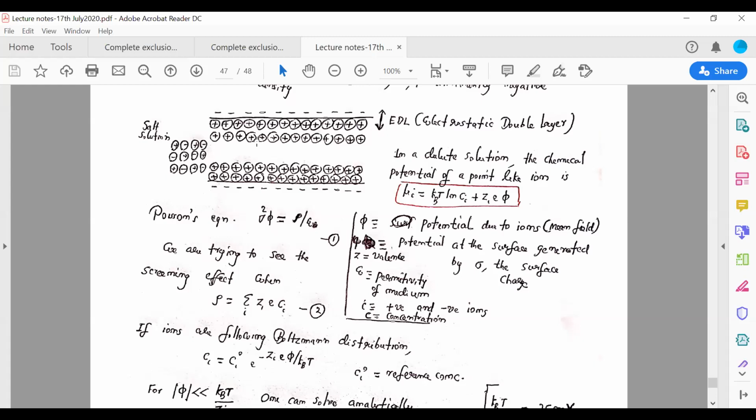Any charge can give some potentials. So if we say that these positive charges are giving kind of a mean field potential, this is what the equation is: del square phi is equal to rho by epsilon 0. I can treat this in the form of chemical potentials. This is related to chemical potential. The chemical potential of any ion inside a solution is given by this equation.